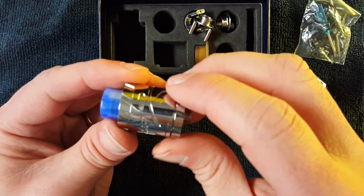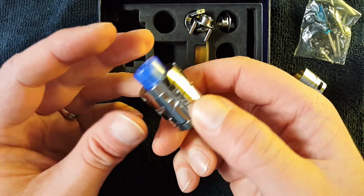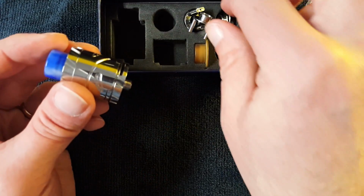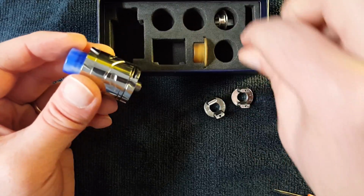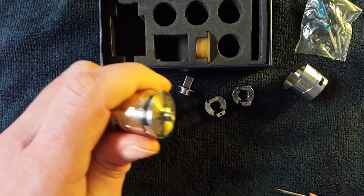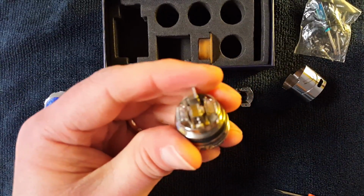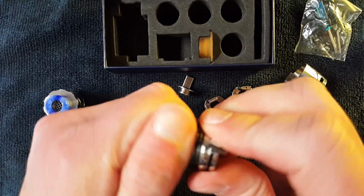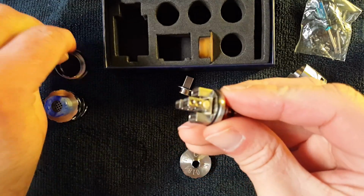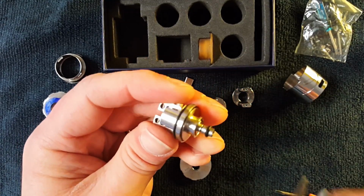The machining is very nice. The threading on here is beautiful. Everything about this so far with the machining and the quality is excellent. Everything just fits together really nice. You have all the options, obviously, all these different pieces. Even down to the idea that you can't put those posts too far apart is nice, because you worry if you're not a real experienced builder that you might short things out, all right? But just the fact of having those plastic pieces in there, pop that out to show you again. You got all the pieces in here that will prevent you from moving the posts out too far and shorting it out. If you wanted to move those posts back in, by the way,